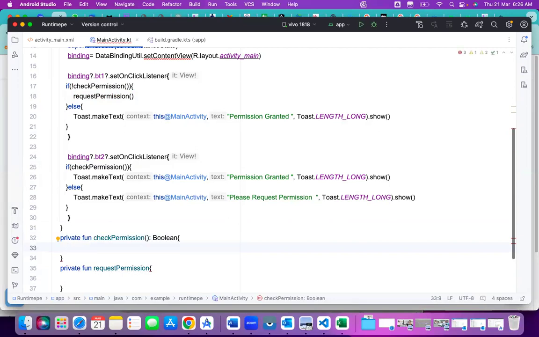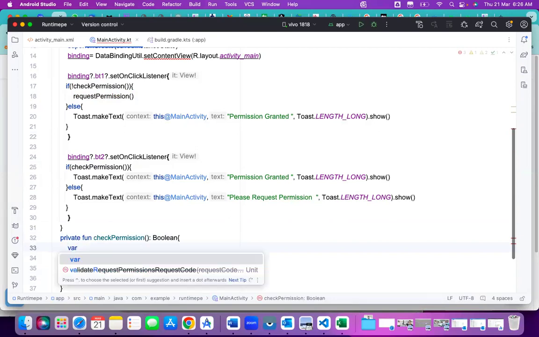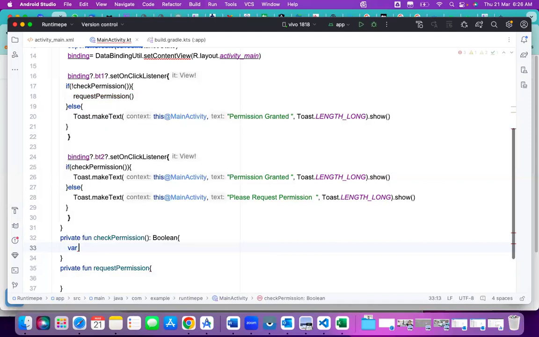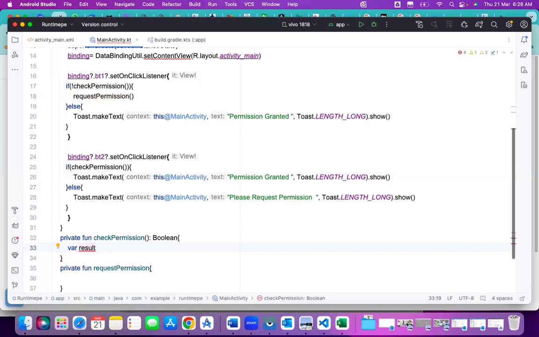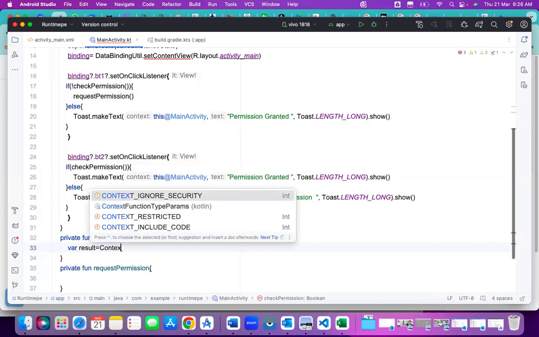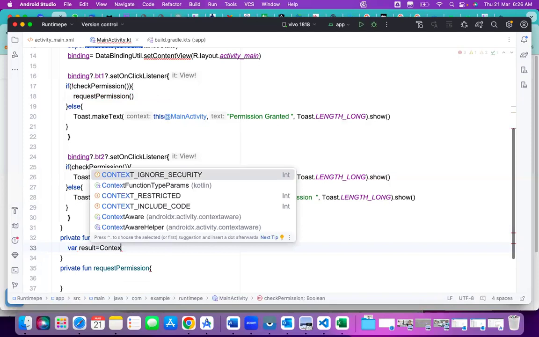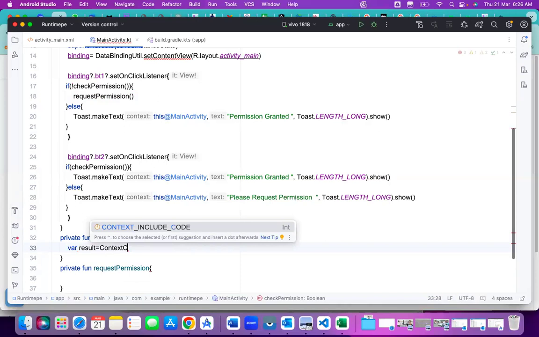Now here I'll write the check permission. What kind of permissions does the user have to check here? Like we will write some sample check permission. Those permissions we are supposed to write with the context of this. So here ContextCompat dot